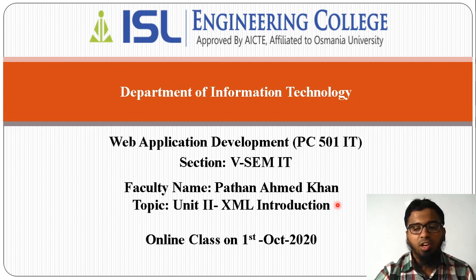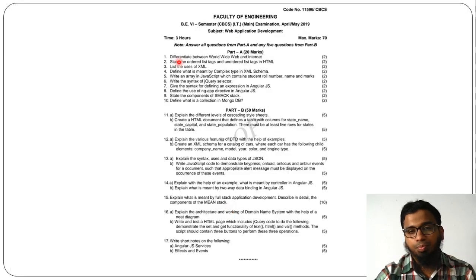Okay, and what is the next topic? Next unit is XML. This is all about XML, and this is a scoring unit. It means if you complete XML, then it will be very good. And what is XML? We will see the difference between XML and HTML, and we will see the introduction. Before going to this, first we will see the previous question paper